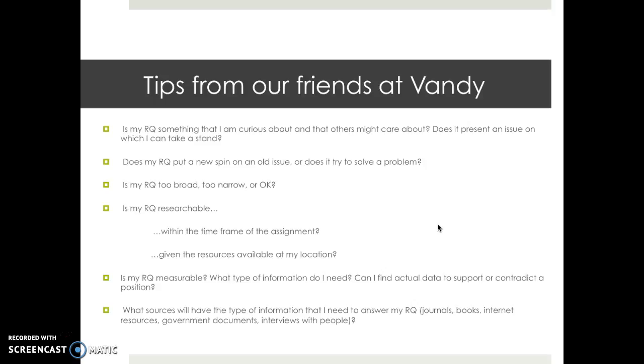And so one thing is, are your research questions, or is my research question something that you're curious about and that others might care about? It has to have a so what factor. Somebody needs to, this needs to be work that someone else might want to read, or that could impact a school or a hospital, what you know about a